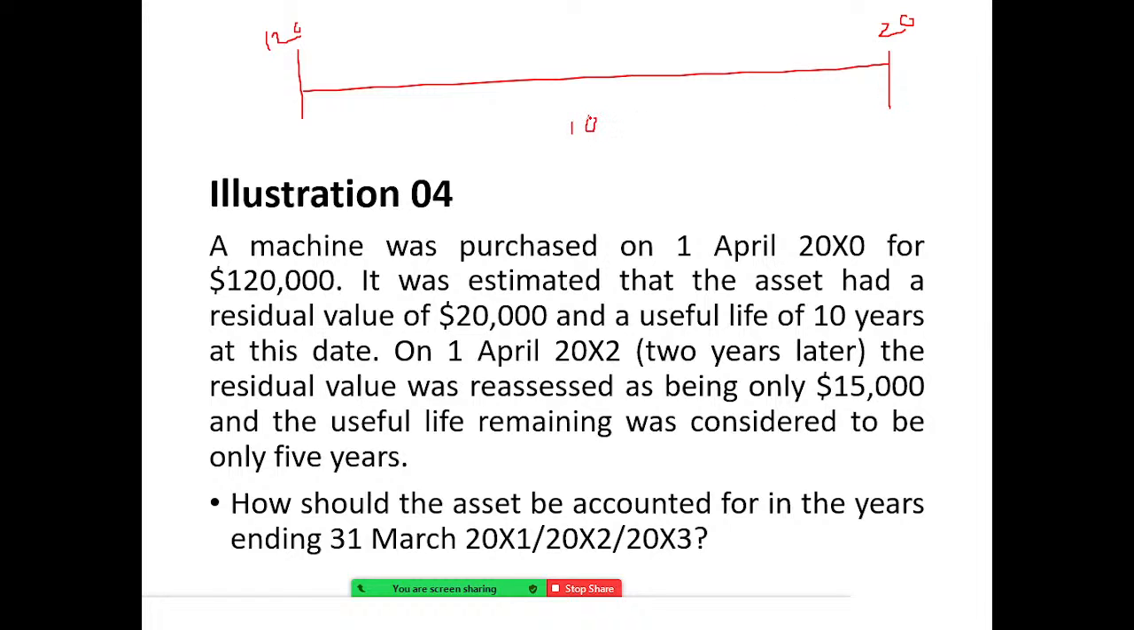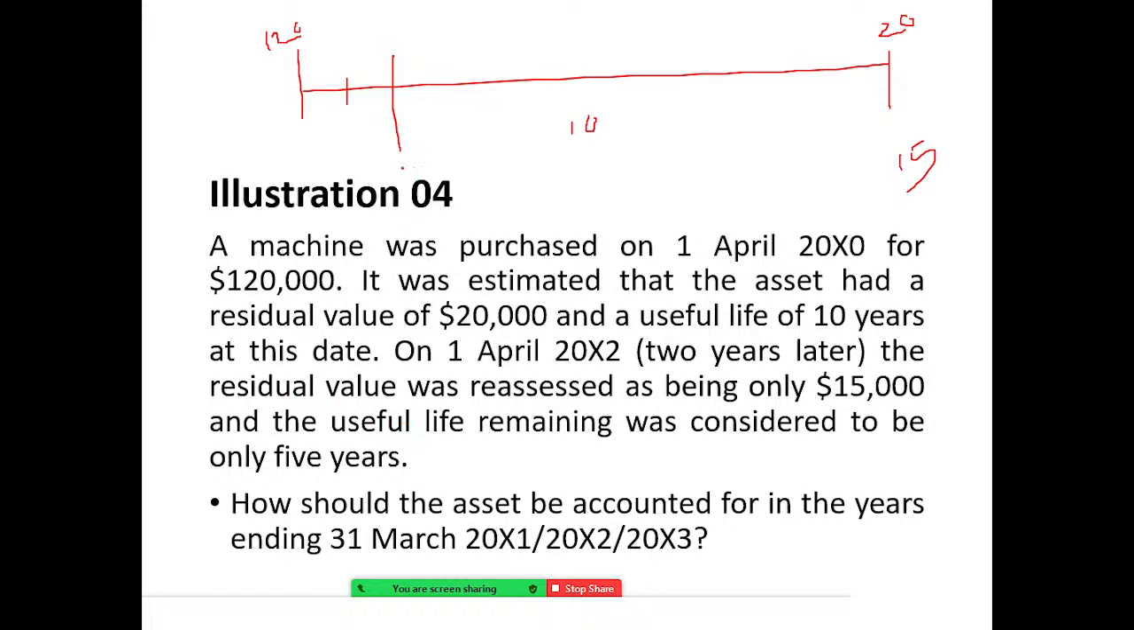So therefore per year depreciation will be 10,000. 100,000 divided by 10 equals 10,000, right? It was estimated that the asset has a residual value of 20,000 and useful life of 10 years. On the 1st of April 2012, after 2 years, year 1 and year 2, on this date the residual value was reassessed as being 15,000